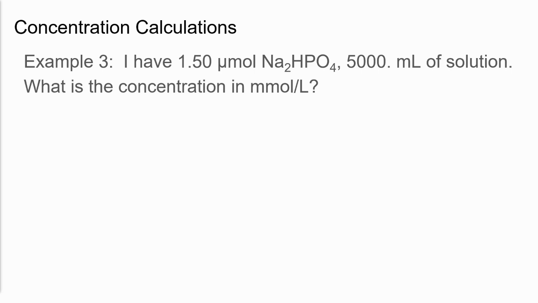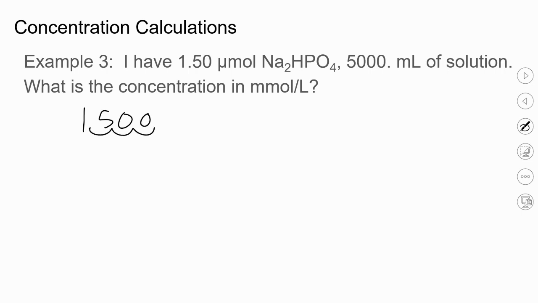All right, how do we do? Do we get it? I think we got it. Okay, how do we do this one? Since it's micro, you move the decimal. We're going from micro to milli, so it's going to be moving the decimal point 3 times. To the right. Yeah. And so that is this many milli? Okay, which one is a smaller measurement? Is micromolar smaller or millimolar? Micro. Okay, so this one's bigger.